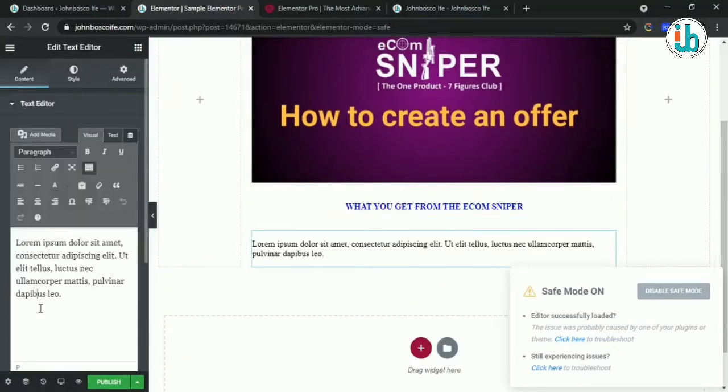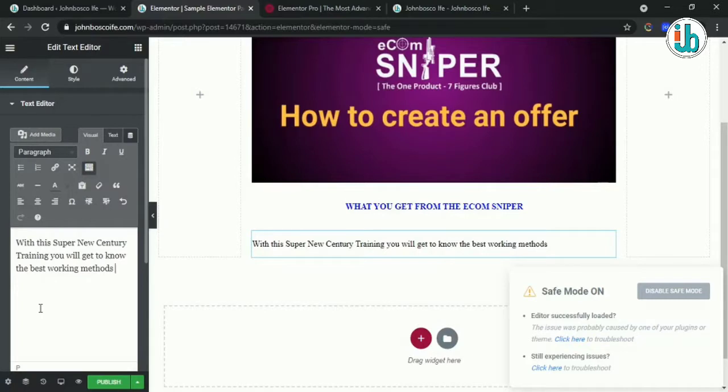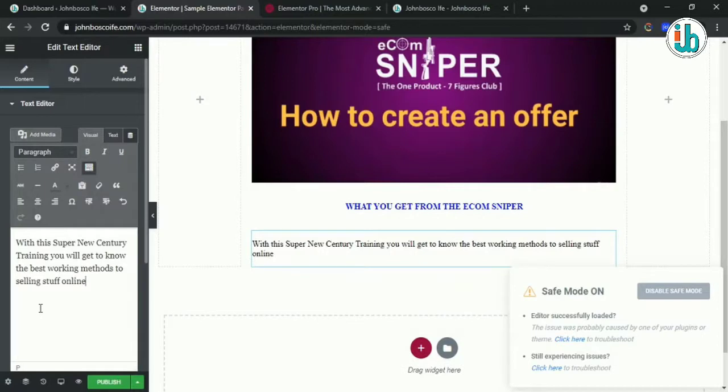So I'm gonna drop another text and say, with this super new century training, you're gonna know the best working methods to selling stuff online. So this is basically trying to highlight the features, what advantages and disadvantages that comes with